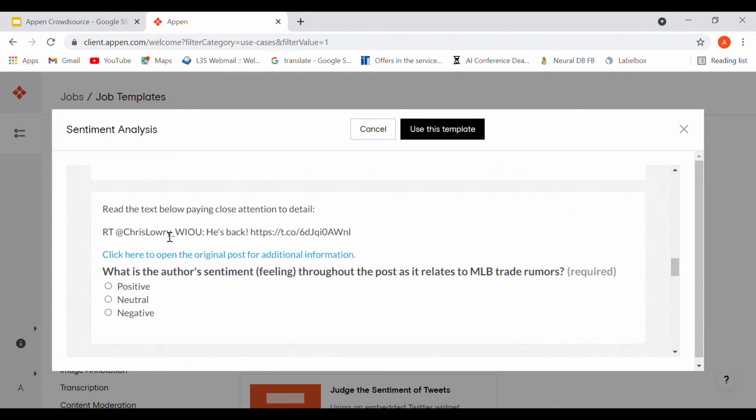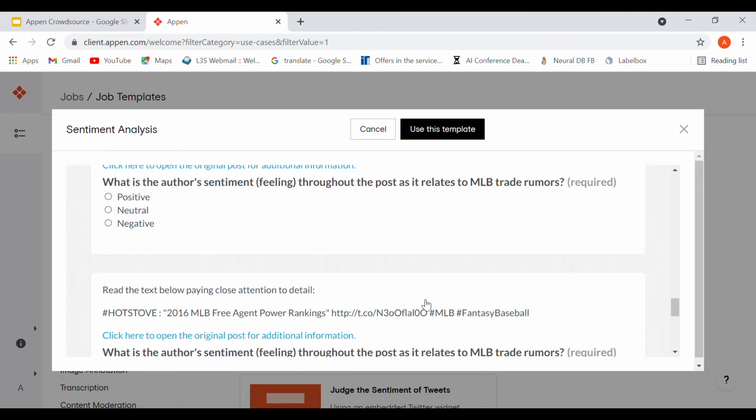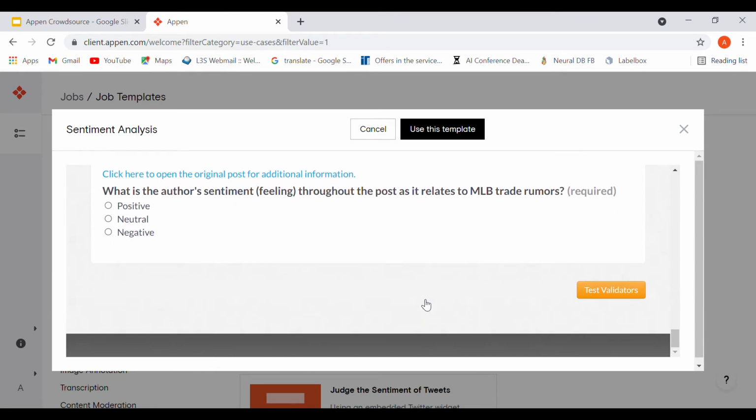Basically this is the main annotation part. Over here the text has to be read. You can also go to the tweet, and the user can select which of the three sentiments it is by clicking on the suitable radio button. That is on the user's end. So if we, let's say, use this template,